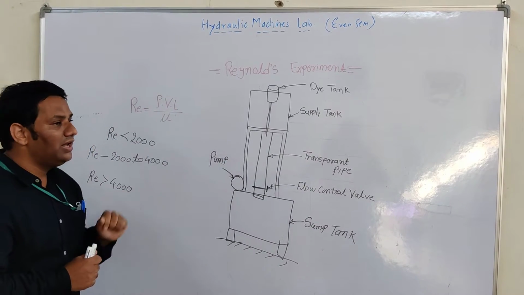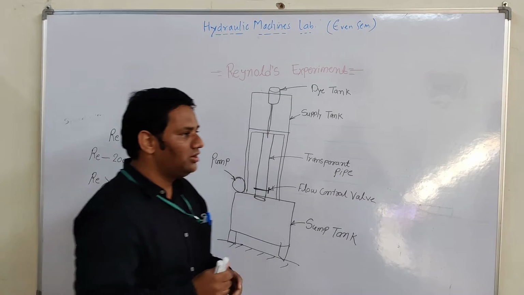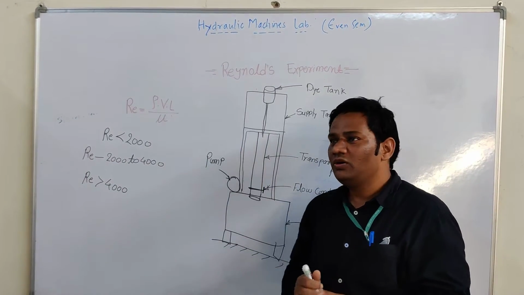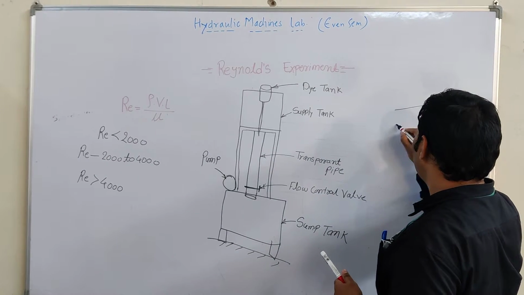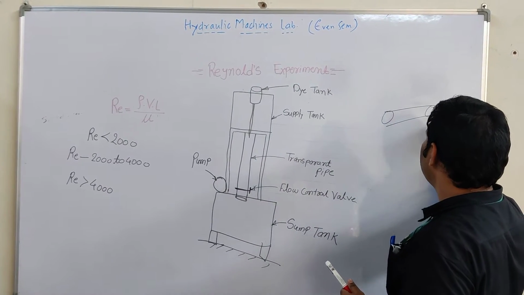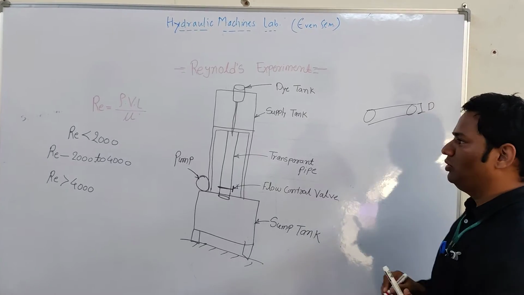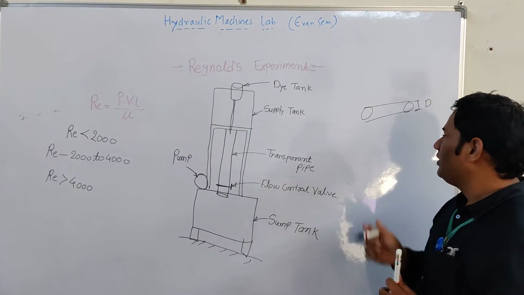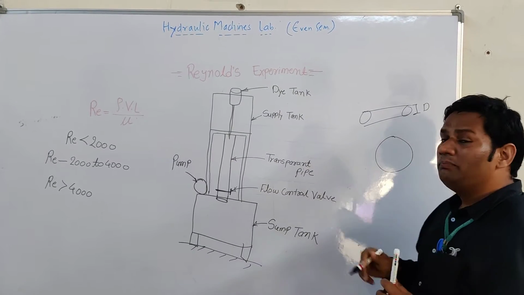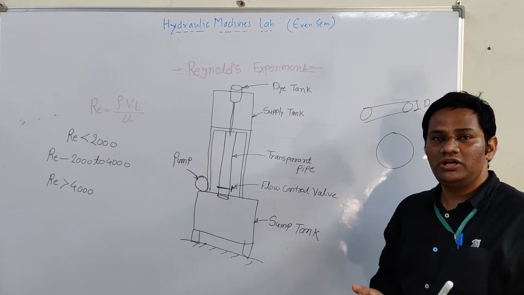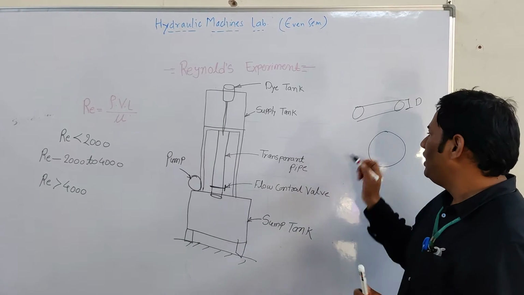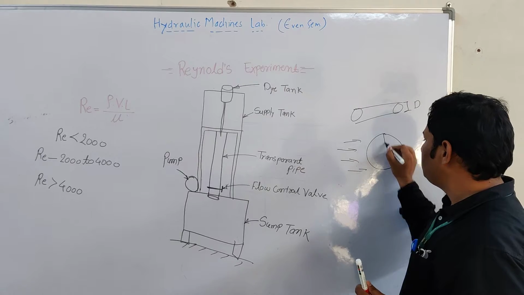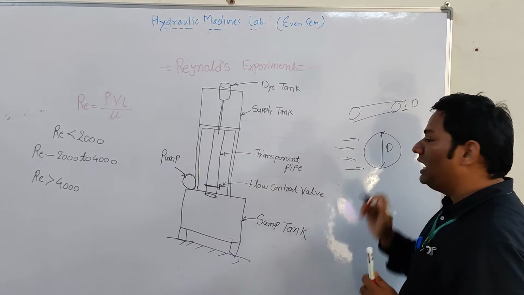Now what do you mean by L? L is nothing but the diameter. In theoretical classes we already discussed what L and D mean. If we have a pipe, then D means the diameter of the pipeline. You can consider this L as the diameter of the pipeline. Or if we have a pier, which is used for supporting a bridge, and the flow is moving in the direction of the pier, then we take L as the diameter of the pier.